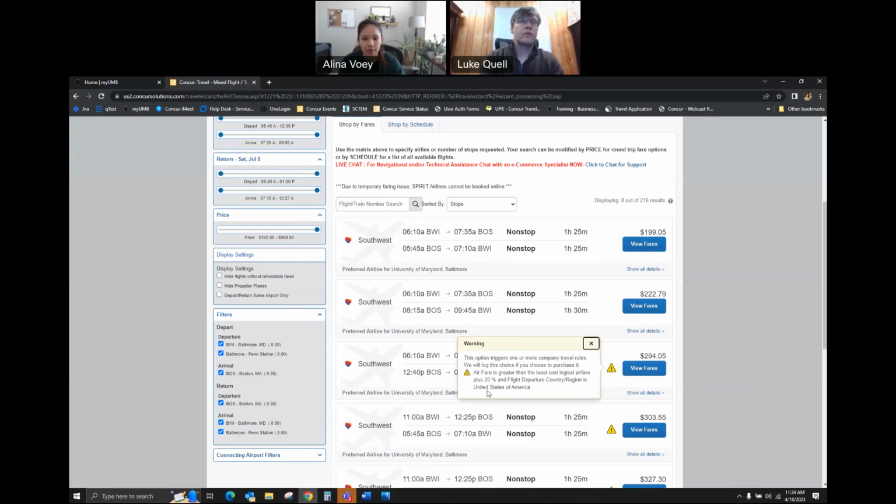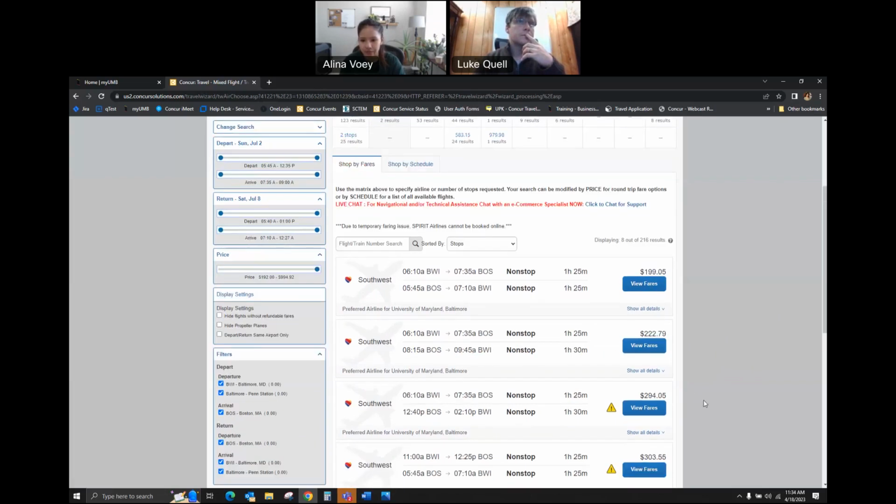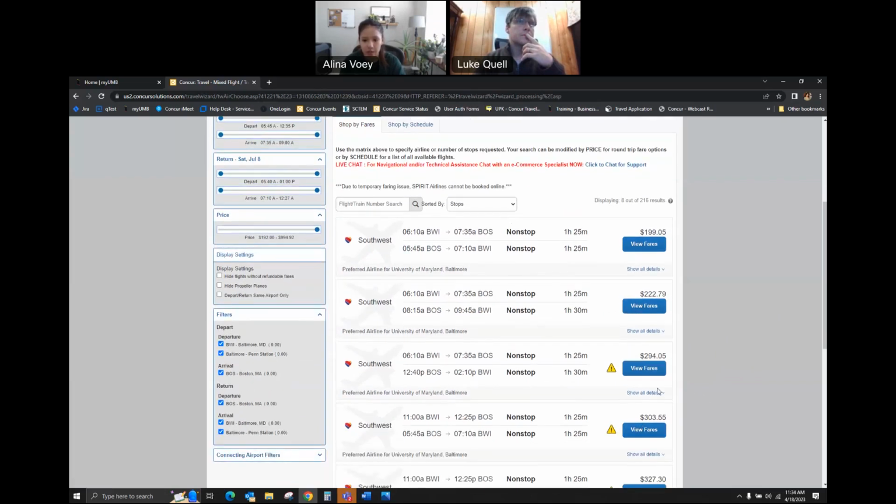So for this example, this one is 20% greater than the least logical fare, but it's not going to stop you from booking. It's just more so as a warning. And there may be legitimate reasons why you may need to book something that is a bit higher than whatever is the least logical. So let's say that we do want to book something that